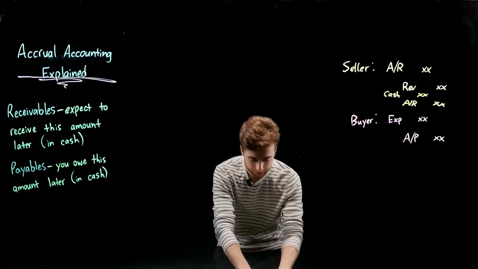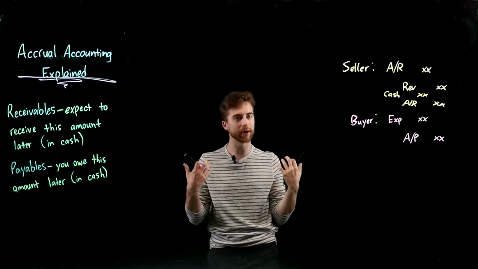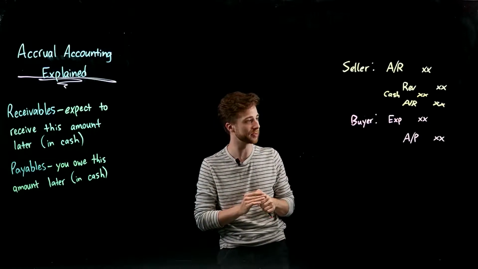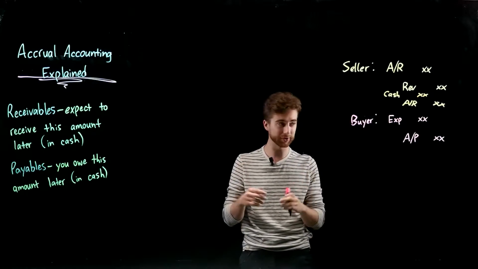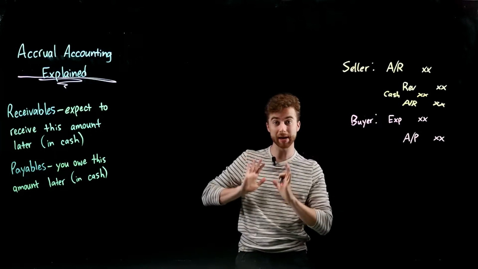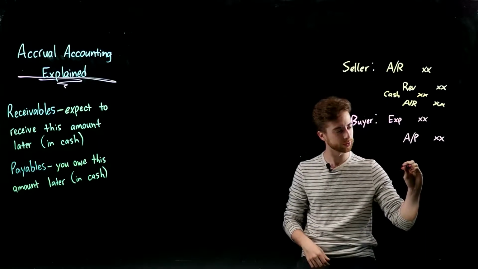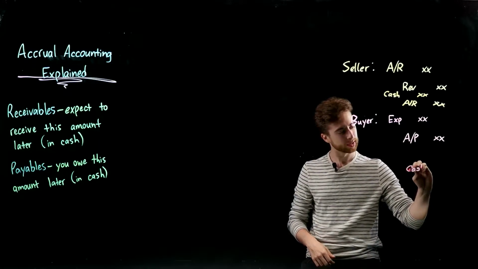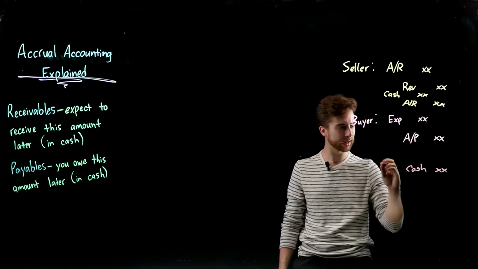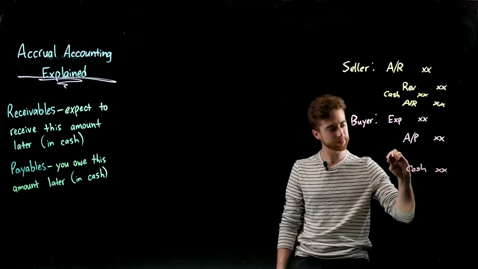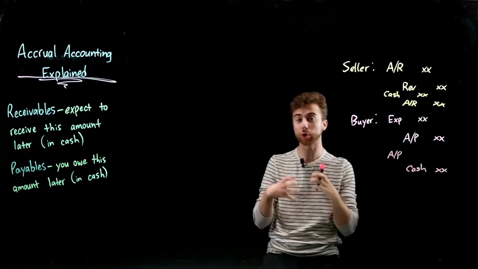And so at a later point in time, once I go, okay, awesome, I finally have the cash, let me go pay off the company that I bought this product from, I go, hey, thank you for doing that, here is your cash. So now my cash is going out the door. So what'll happen is that I'm going to credit cash, because cash just went down, right? And what I'm going to debit is my accounts payable, because that's a liability that holds a credit balance.